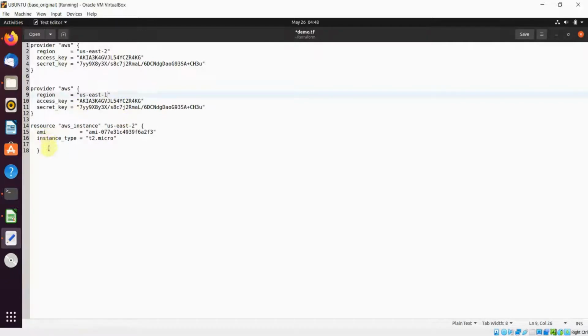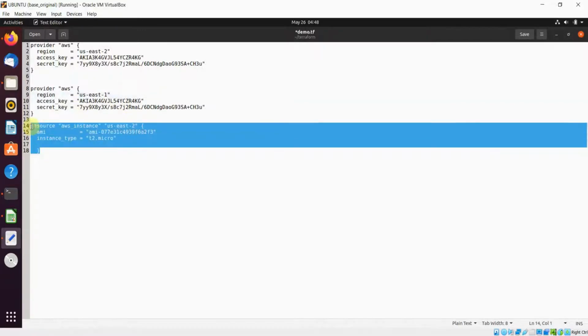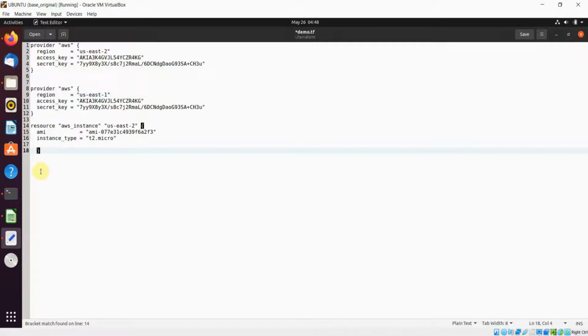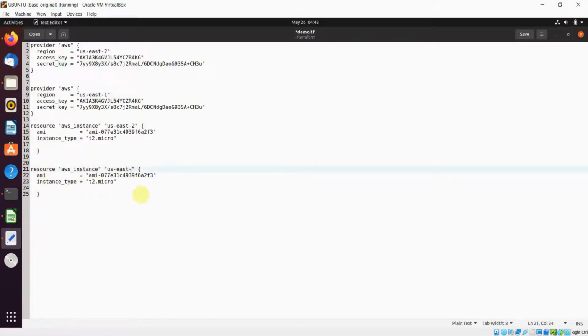But this time I want to create in region 1, and here I also need the resources, so copy this one and paste here. So here guys, when we are changing the region, the AMI also will get changed. We have to keep in mind that this AMI of US East 2 won't work in US East 1. So we have to copy the AMI of this